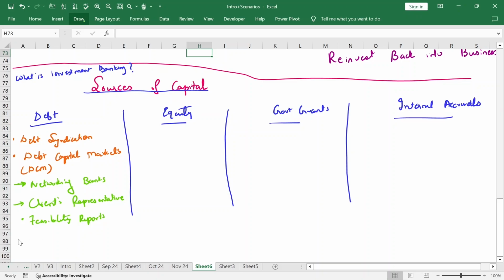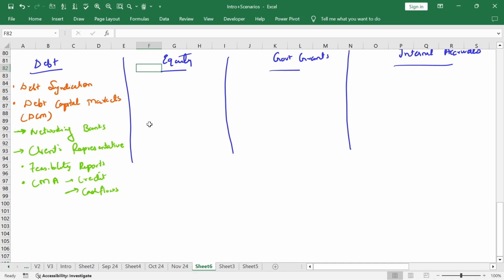Additionally, banks will also make you prepare models which are known as CMA statements. Banks say that okay, we want to know the financial model of the company, but we would want it in the template that we understand. So every bank will have their own respective CMA format or CMA statement, which is nothing but a template of the financial model which the banks advise you to fill up. So you as the investment banker have to fill up this CMA statement, which is nothing but a model, and submit it to the bank. These CMA statements will calculate all the interesting aspects like credit ratios, the cash flows and everything. The model will calculate, which will eventually help the bank decide whether to go ahead and extend the loan to your client or